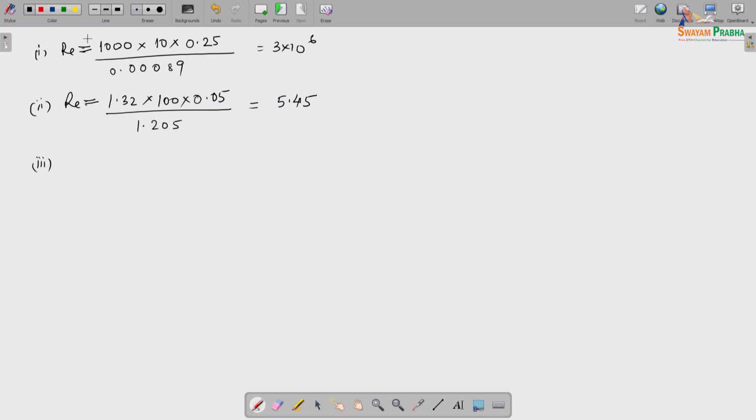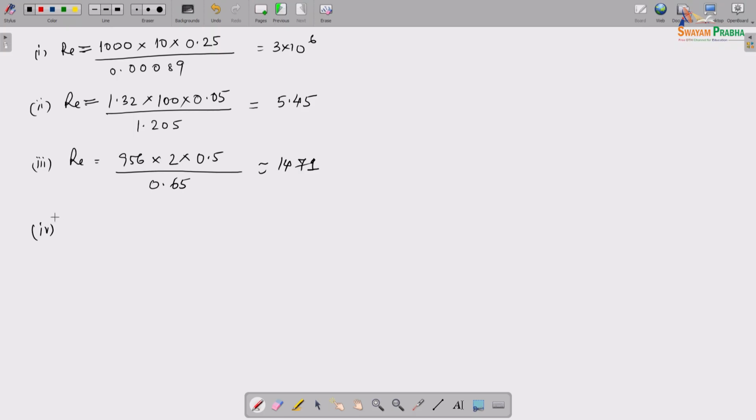Okay. So then for the third case, it is 956 into 2 into 0.5. The reason I'm writing it out this way is that if at all I have made a mistake, it's easier to track where the mistake is. So sometimes I took the wrong diameter or something from another jet. Okay. All right, then again here also rho